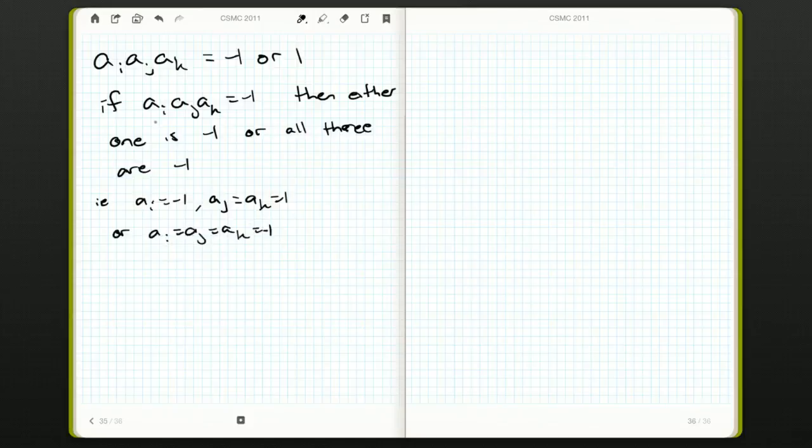That's the only way to multiply 3 numbers from amongst negative 1 and 1 to get a product of negative 1. So we know we need 1, negative 1, but